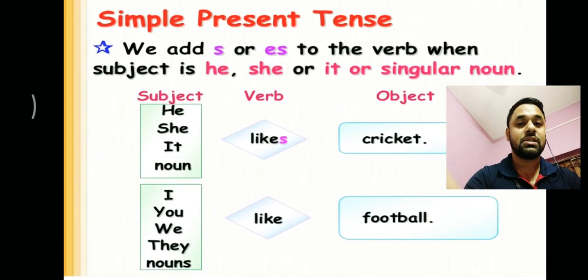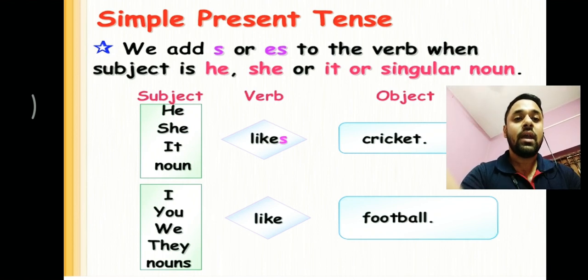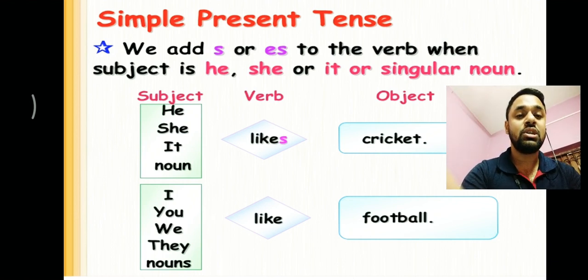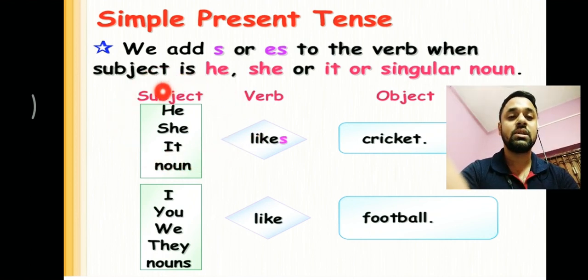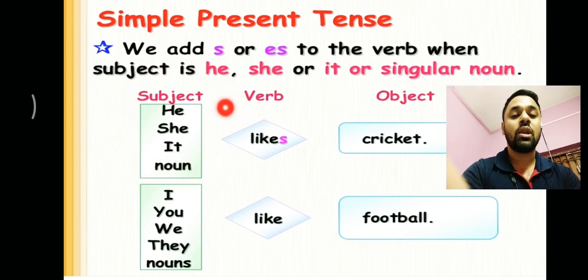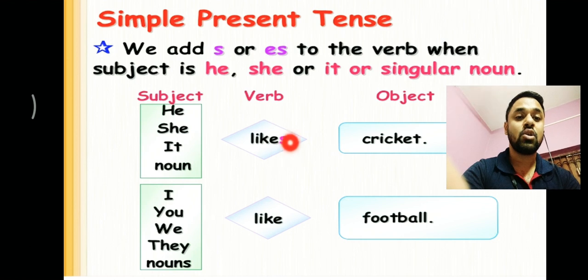What is the rule of simple present tense? We add s or es to the verb when the subject is he, she, or it, or any singular noun. It means when the subject is he, she, it, or any noun, this is called third person singular number. When the subject is third person singular number, only that time we can add s or es with the main verb